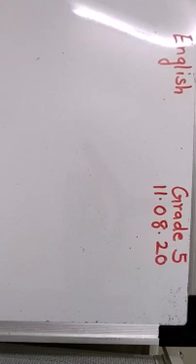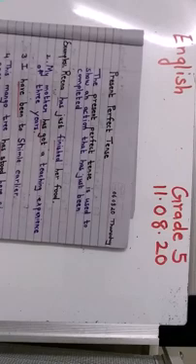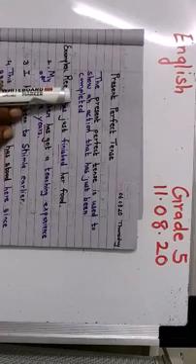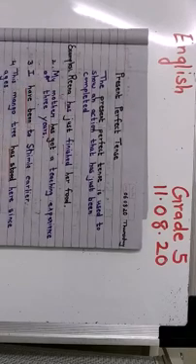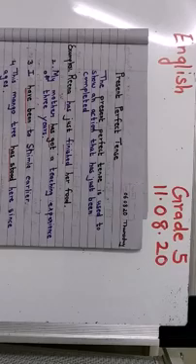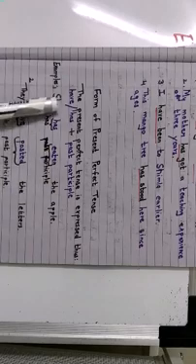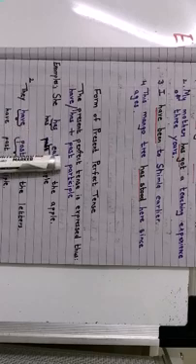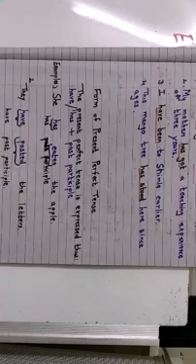Well, children, what were we doing last time? Yes, we were doing the present perfect tense. Now, who would remind me what the present perfect tense is? Yes, present perfect tense is used to show an action that has just been completed. Okay? Now, how do we form the present perfect tense? What did I tell you, children? How do we form it? We have to use have or has and then add the past participle. Okay?